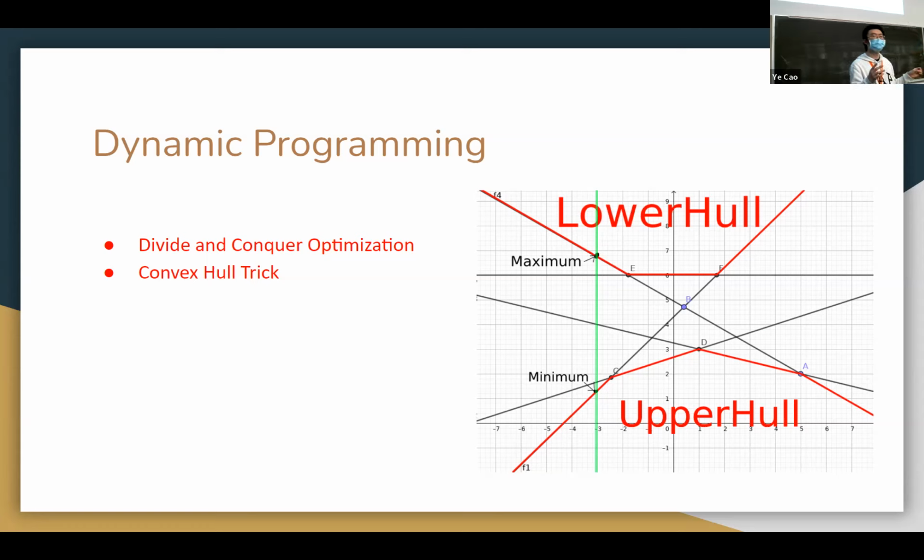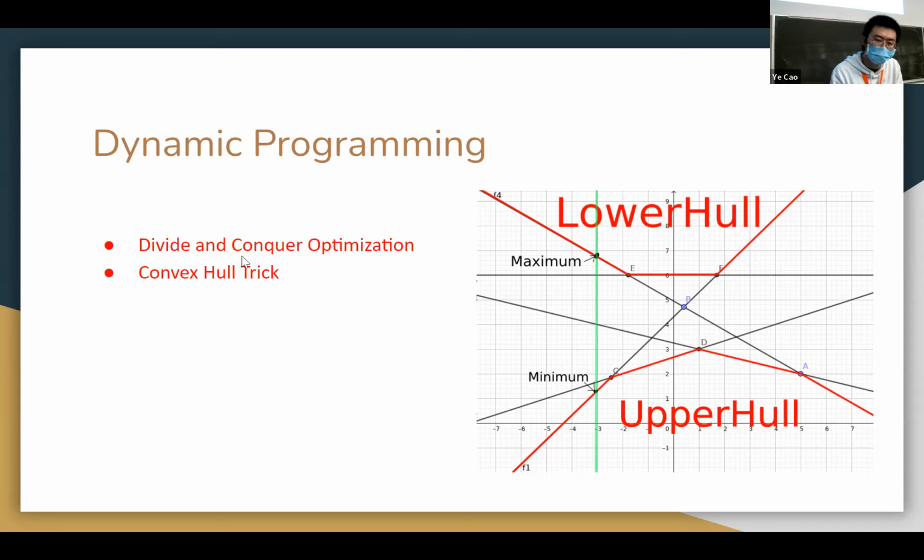However, if the time complexity of your DP is not good enough, for example, you have n equals 10 to the 5, and you have 1D, 1D DP. What does it mean? You have O of n states, and for each state, the transition cost is O of n, right? So the total time complexity is O of n squared, which will not pass the time limit if n is 10 to the 5. There are certain magic you can do to make your DP faster.